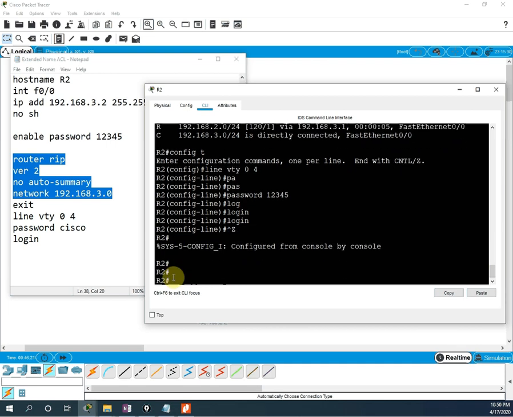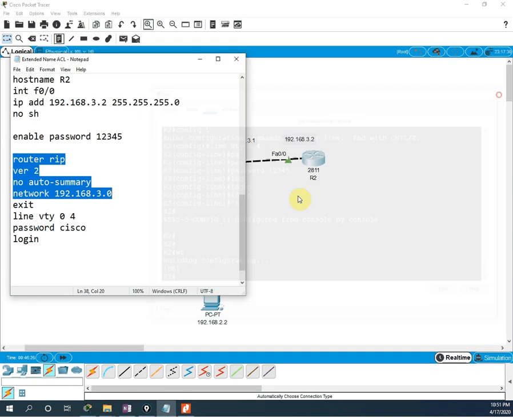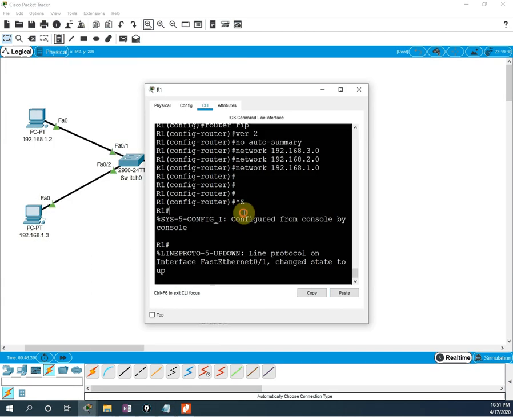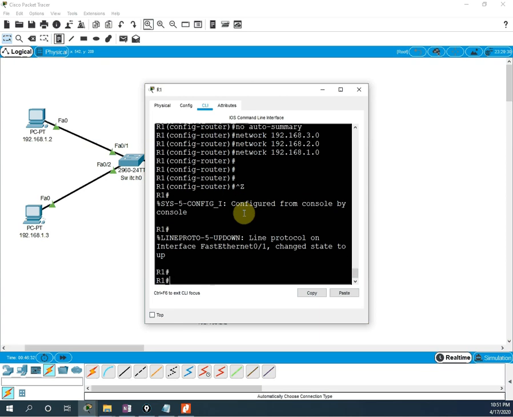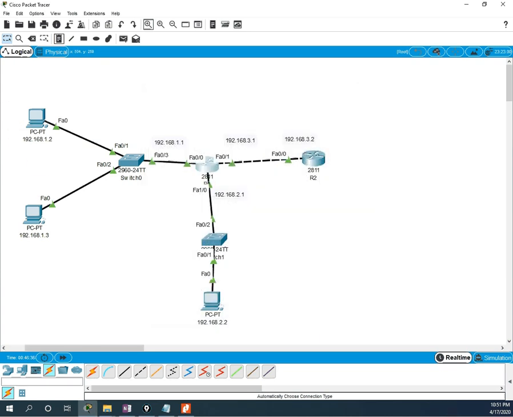Okay, so this telnet is configured. So I will save the configuration. I will write wr. So this one is okay. And I will go to this router also and write wr. So this is also okay. And if you see what our lab commands are, let me bring the points here so we can perform our lab. Let me take this and paste it here.